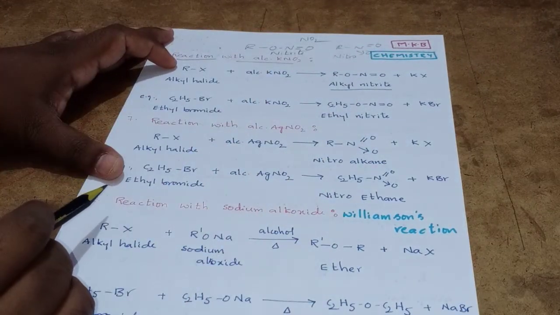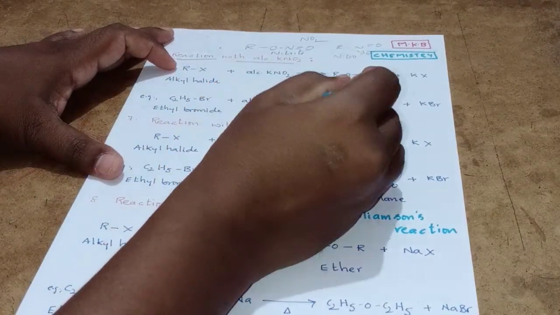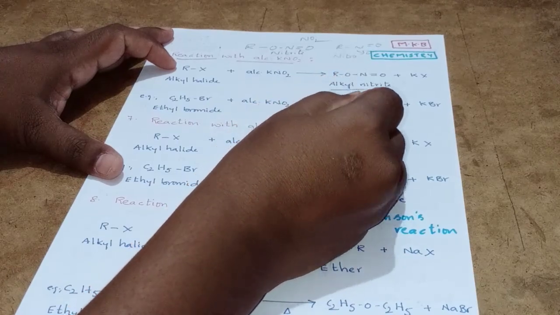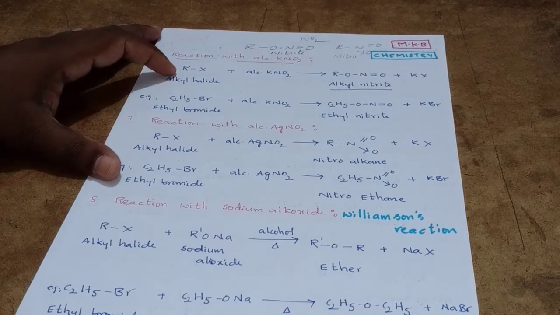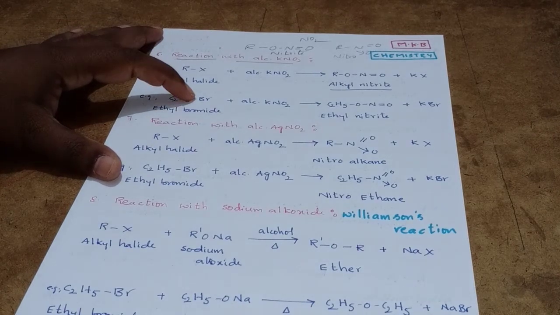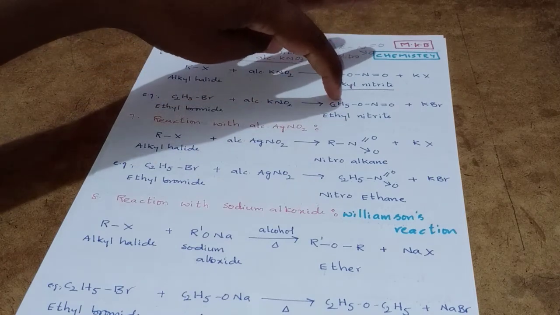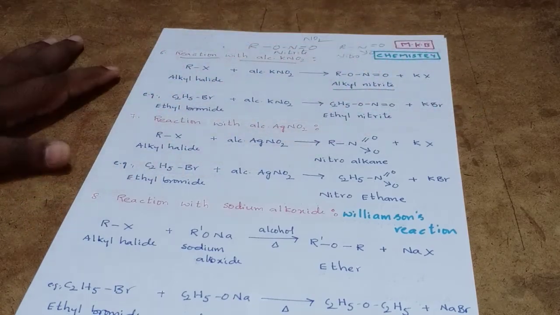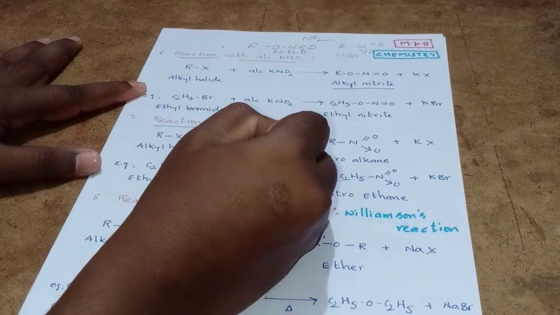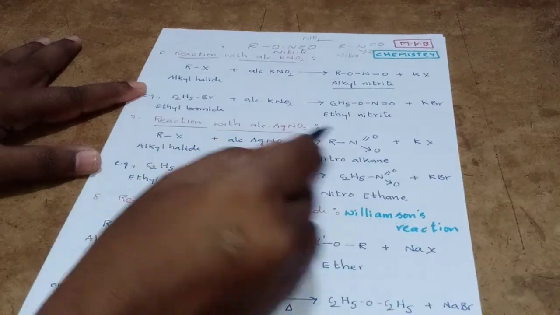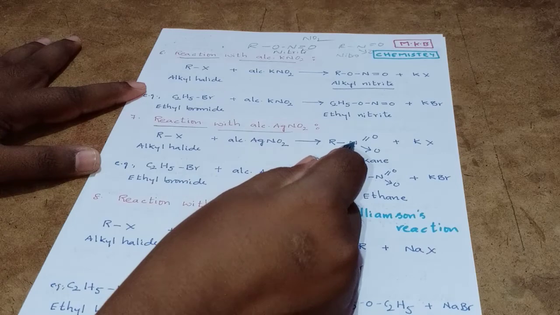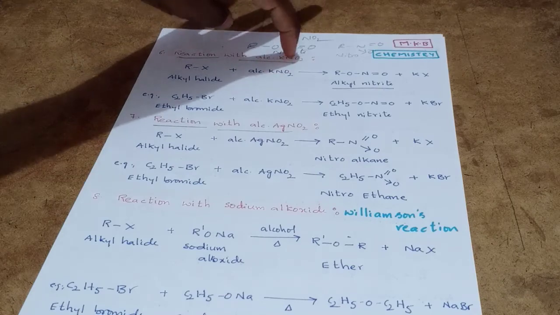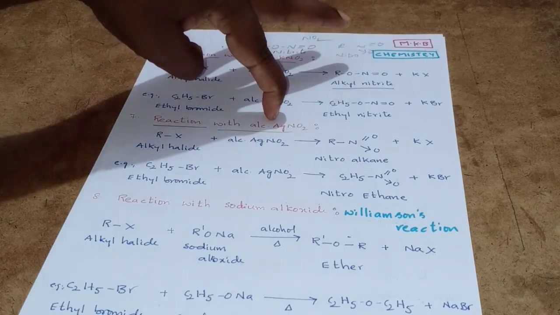So RX plus alcoholic KNO2 gives nitrite, nothing but the alkyl group linked to oxygen. Alkyl nitrite. Example, in place of RX, C2H5Br, then I will get ethyl nitrite, C2H5O-N=O, and the byproduct is KBr. And similarly, reaction with alcoholic silver nitrite. With silver nitrite, I will get nitroalkanes, so that nitrogen will be linked to the alkyl group. So this is the difference. With potassium nitrite, I will get alkyl nitrite. With silver nitrite, I will get